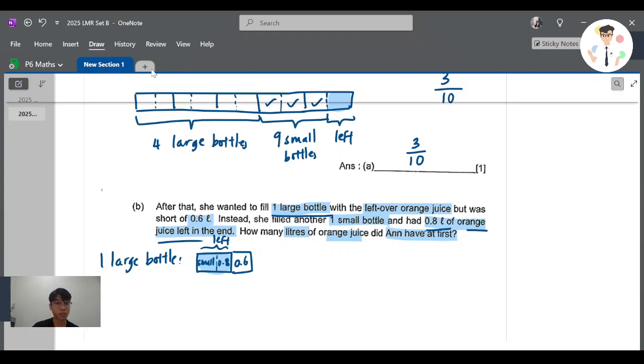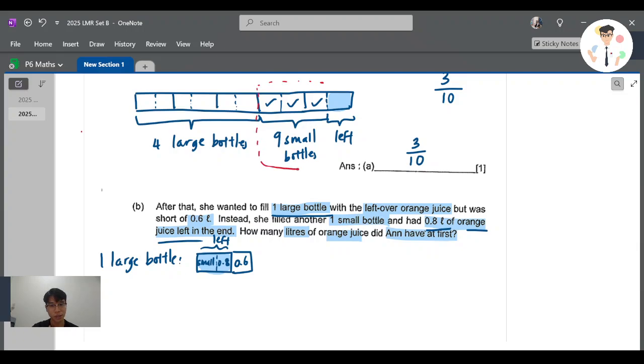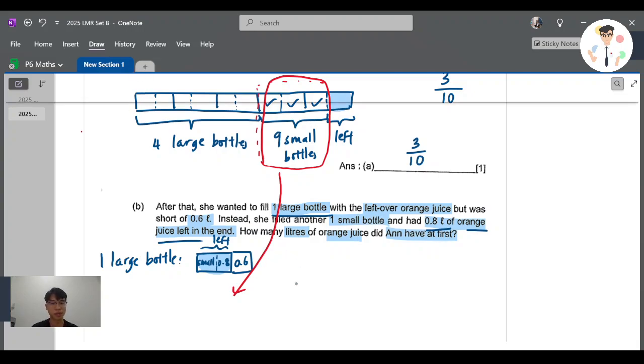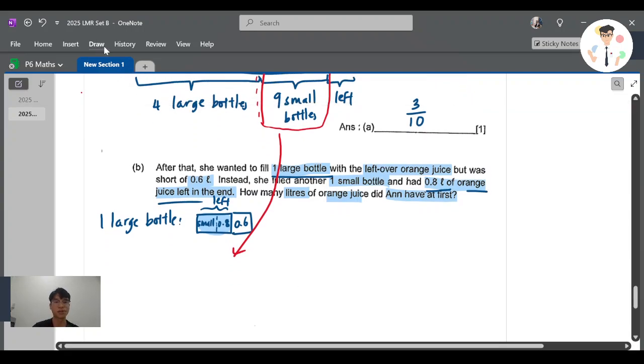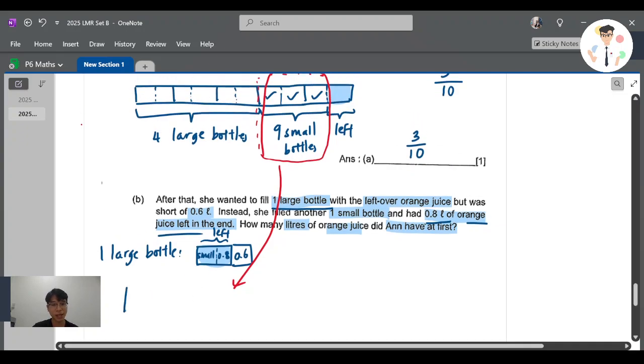So now, what can we do next? I mean, of course, there are many methods to continue this part, but let's try to use this part, okay? So let me bring this out. Okay, let me just bring this part and put it here. Now, what I left is actually 1 unit, right? So this is actually 3 units. So what I want to do now, a bit confusing maybe, but this is what I thought of at first, is that I have this 3,